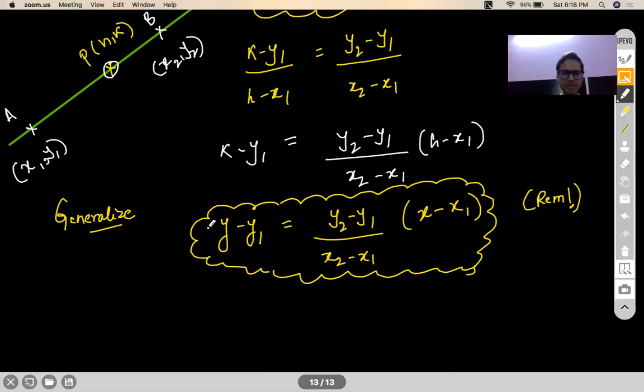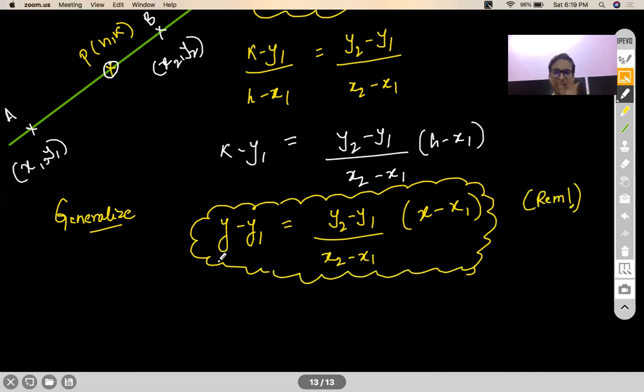Now many people ask me, sir, will this change if I write y2 here and x2 here? No, it doesn't matter. Even if you take slope of BP equal to slope of AB, it will not matter. Will it matter if I do (y1 minus y2) by (x1 minus x2)? Definitely it will not matter. Common sense says it will not matter. So you can choose your x1, y1 to be any one of the 2 points A and B, because the question setter will never name a point. He'll just give you a point straight away. Are you getting my point?